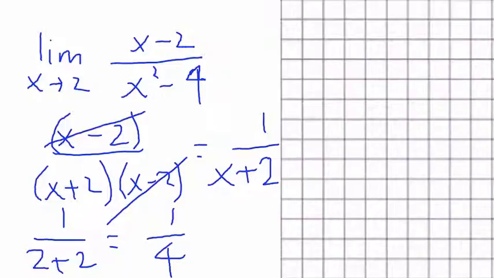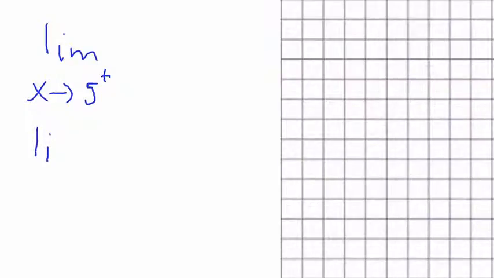Sometimes in limits, there are also something called right-hand limits and left-hand limits. A right-hand limit is written as the limit as x approaches 5 from the positive side. And if you're doing a left-hand limit, it would be written as the limit as x approaches 5 from the negative side. So what this means is that sometimes, suppose we have the equation